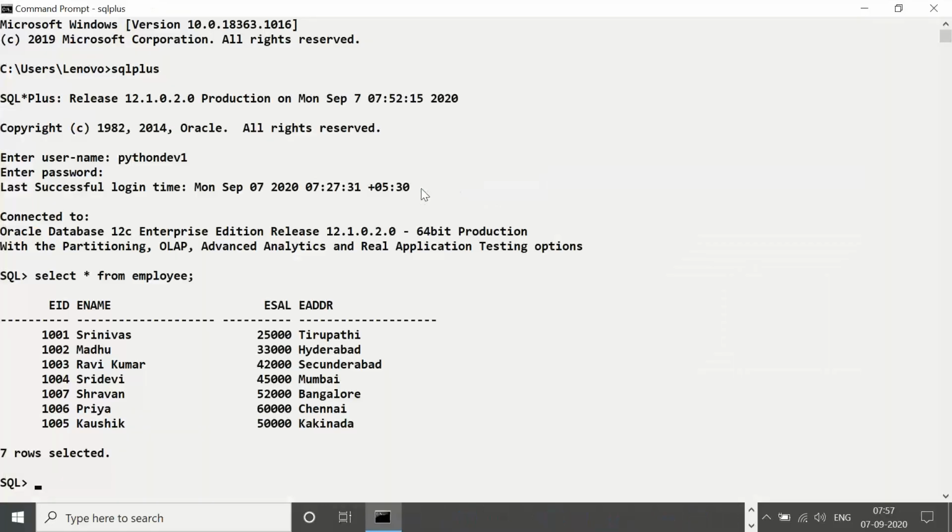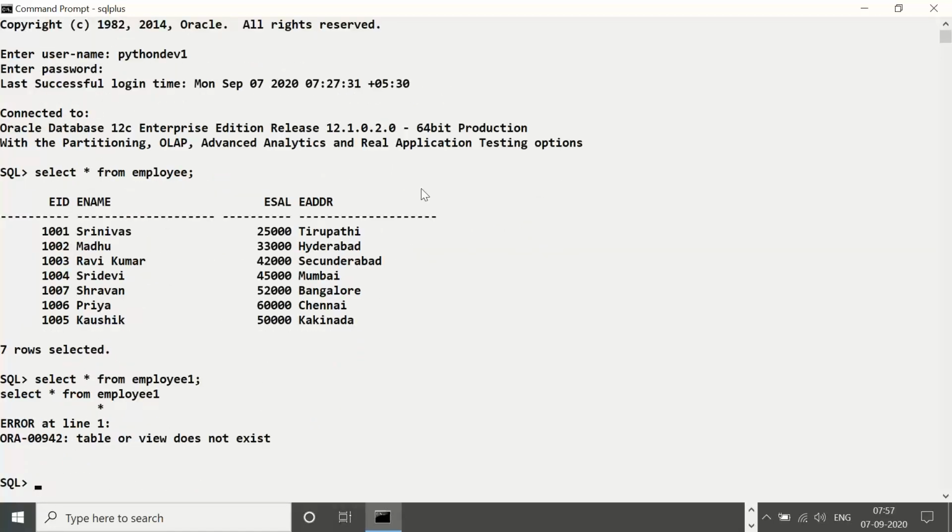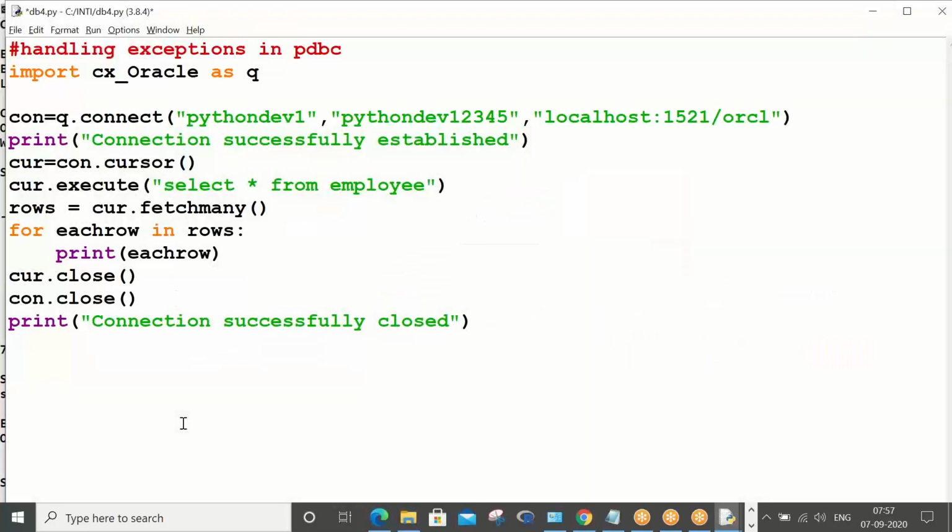Let me do one thing first. So there is no table with the name employee 1, correct? Am I right or wrong? You can see there is no table with employee 1. So let us go ahead and do one thing. Now the second time while executing, change the employee name to employee 1.